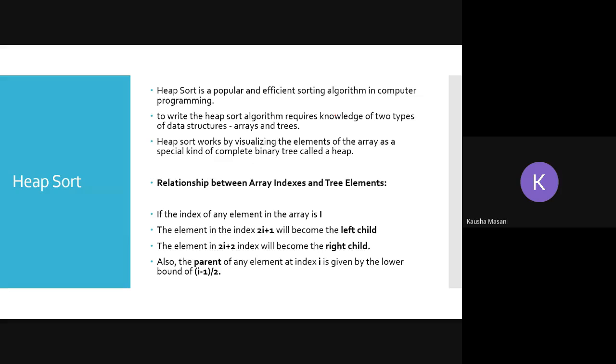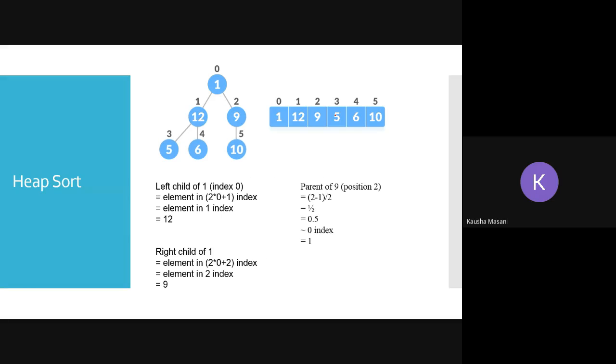So how are we following the relationship between the array indexes and the tree? Now see, here you need to keep two things in mind. Your heap sort is going to work in exactly two stages. One, it is going to construct the heap, that means this particular tree-like structure. And then second, it is going for deletion of whichever is the maximum number node in order to sort. And this deletion part will happen only with the child nodes.